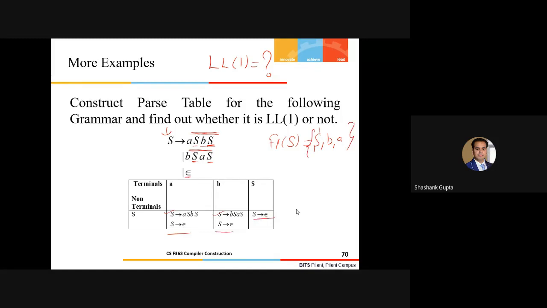So this is a completely ambiguous grammar, which I will say is not LL1. The parser will get confused: when the top of the stack is S and the lookahead pointer is pointing to A, whether I should completely vanish this symbol, or on vanishing, push this configuration on the right hand side onto the top of the stack here. So multiple interpretations, right? Like we said, we should have an unambiguous representation.